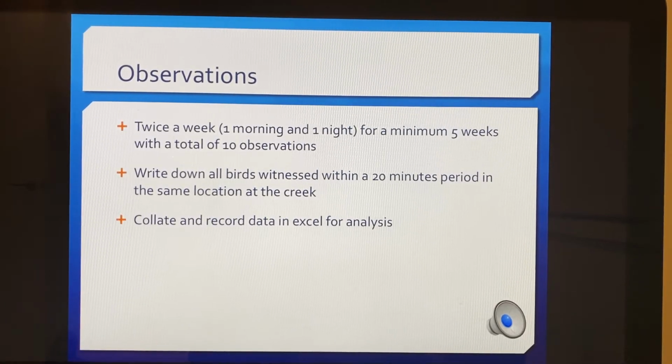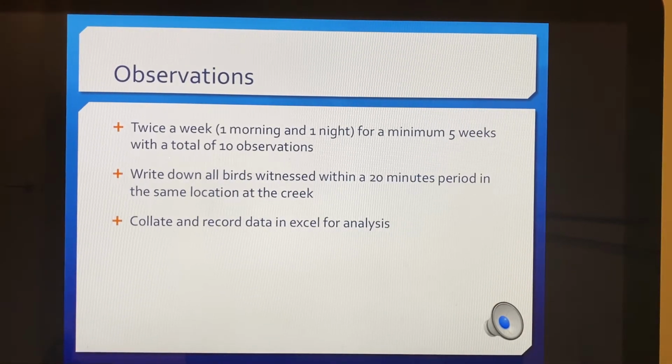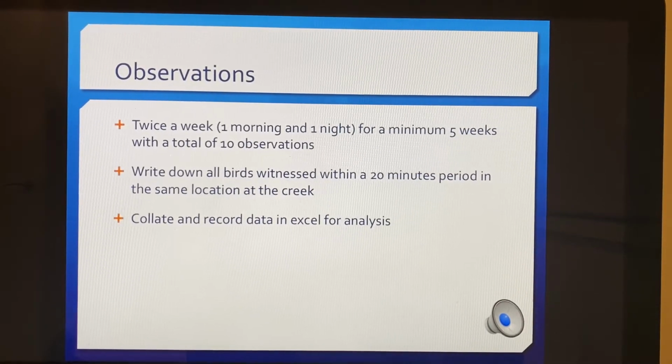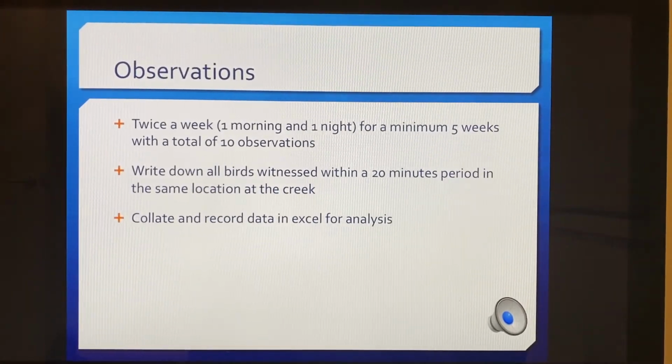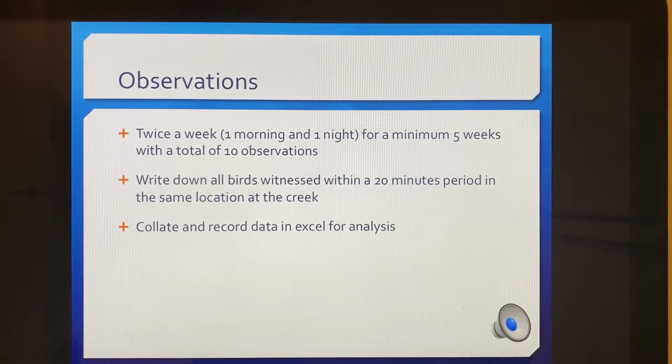The data will then be recorded in Excel in order to complete data analysis and collaborate a table or graph in order to demonstrate the results. The following slide is an example of what the observations include and what is